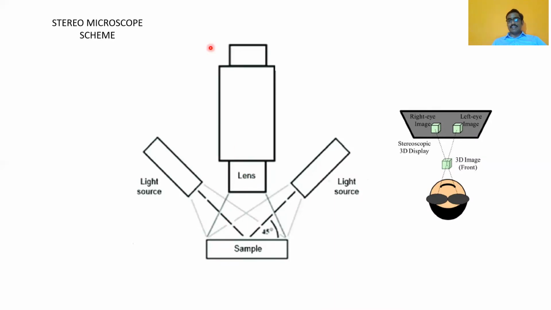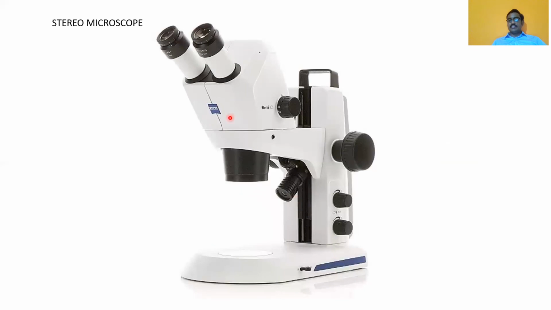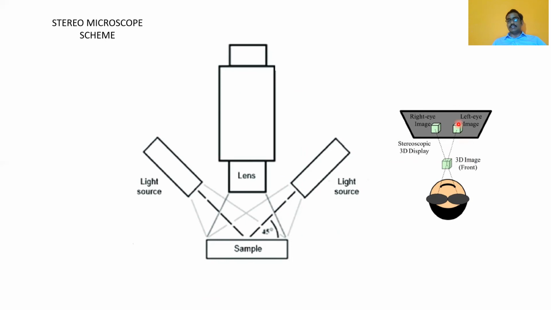Now your left eye is visualizing a different point of view of the sample. Your right eye is visualizing a different point of view of the sample. Okay, the right eye creates a virtual image of a different perspective of the object, and the left eye of a different perspective of the object. It basically gives you a three-dimensional image. Not possible in a light microscope, not possible in a fluorescent microscope, but highly possible in a stereo microscope. This is how a stereo microscope works in the optical tube and tweaks your brain to understand the object in a three-dimensional manner. And what is the application here?